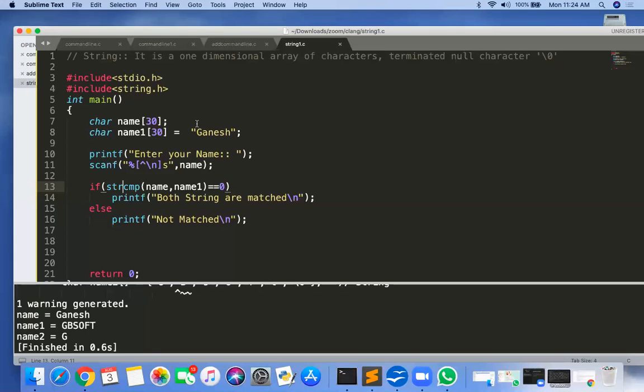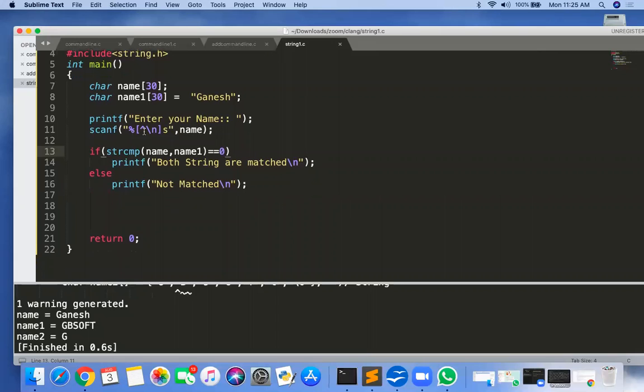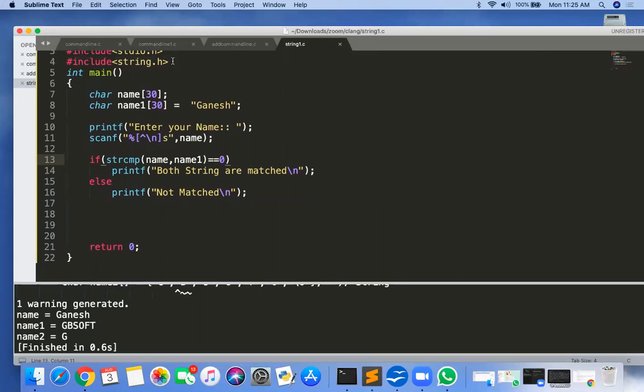So try these strings. Try to implement strcmp, strcpy, strlen by yourself. Suppose I want to implement my own strlen function. So I can implement it myself.